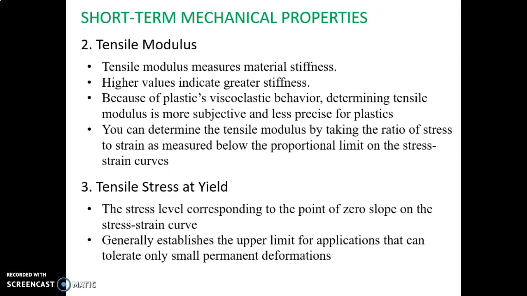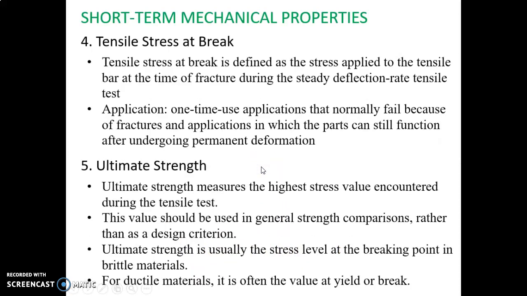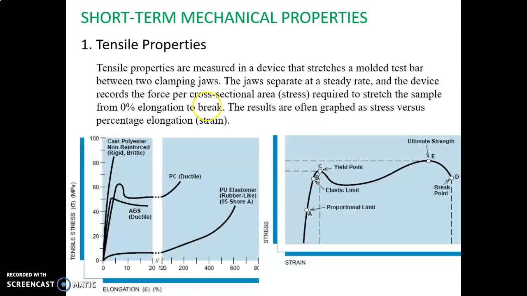Okay, so di sini kita akan penting tensile modulus untuk kita measure dia punya stiffness of the material. Okay, the tensile stress at yield is the stress level corresponding to the point of zero slope on the stress strain curve, and it generally establishes the upper limit for application that can tolerate only small permanent deformation. Okay, tensile stress at yield, kita tengok dia punya point dekat yield tadi. Ni dia point kan. Dia punya tensile stress at yield ni